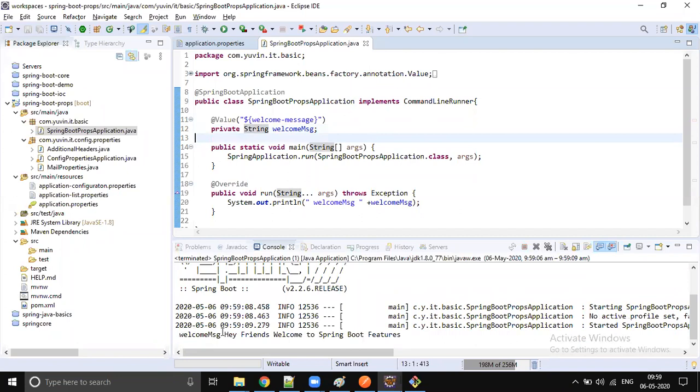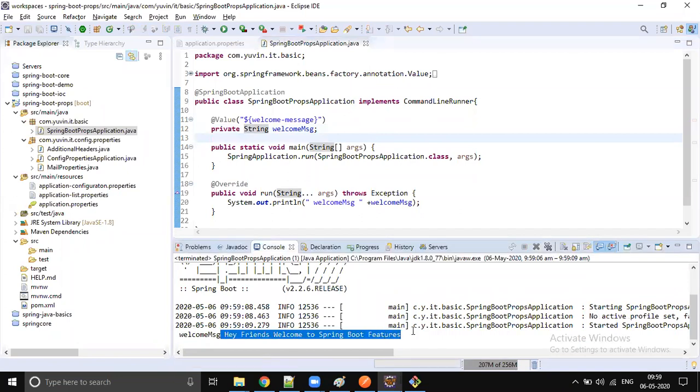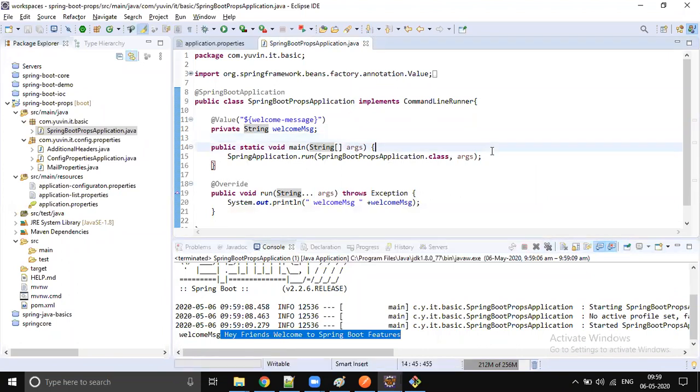Now see, the message is getting printed. If you wanted to print this message in the main method, you would have to make it static. At the time of class loading, your static variable will be initialized. At that time your container is not ready, so the message will not be populated. So if I mark it static and access it inside your main method, null will be printed. So it is not supposed to be static.